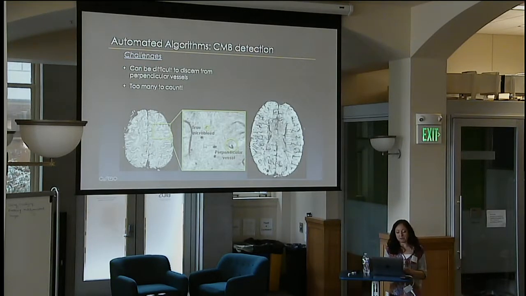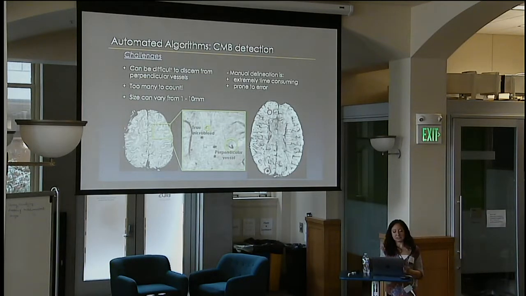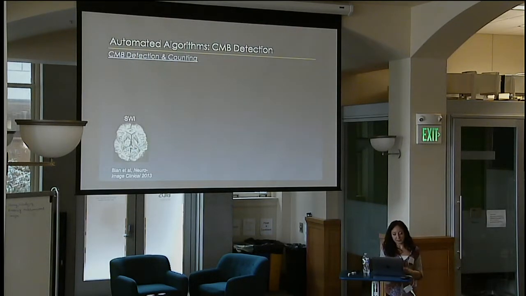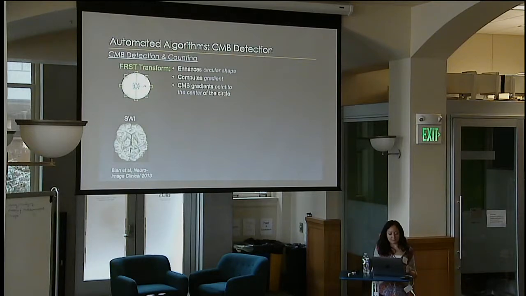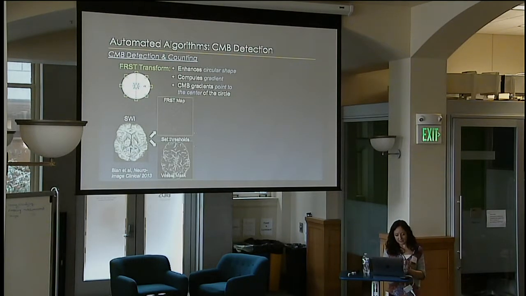You also have the problem that some patients can have hundreds of microbleeds, which is far too many to count and keep track of manually. Their size can vary from 1 to 10 millimeters, and manual delineation is not only extremely time-consuming, but extremely prone to error. So we've spent some effort in the last few years developing methods to automatically detect these using just basic